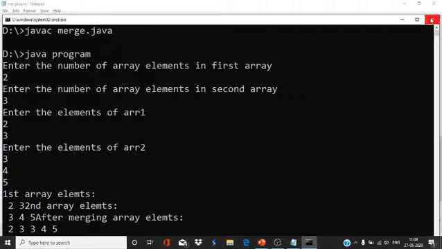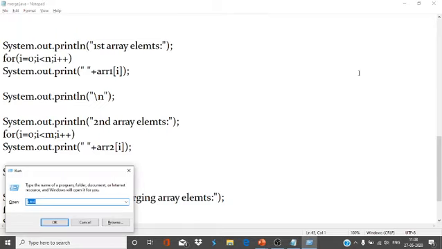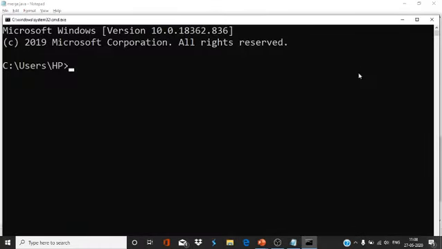Close this. Windows R, CMD, go to D drive, javac merge.java, java class name program.